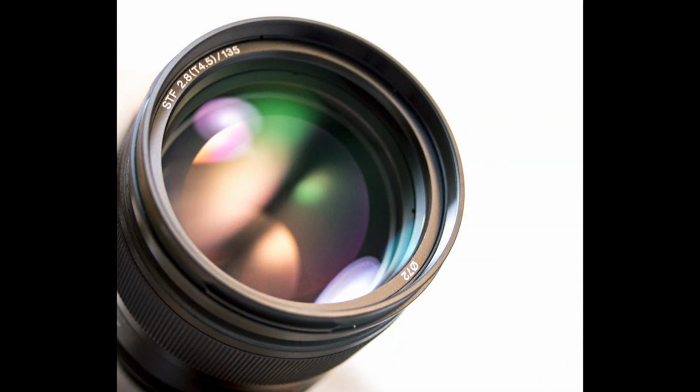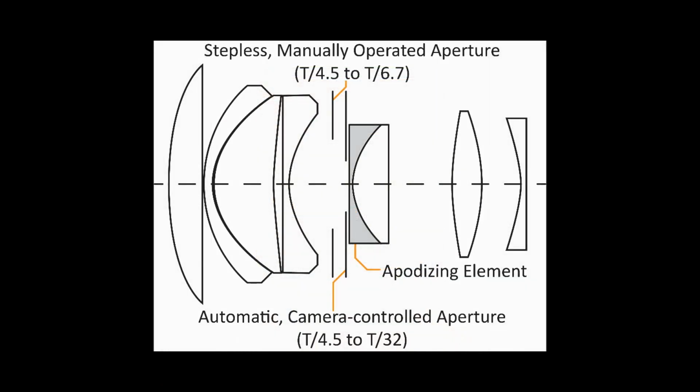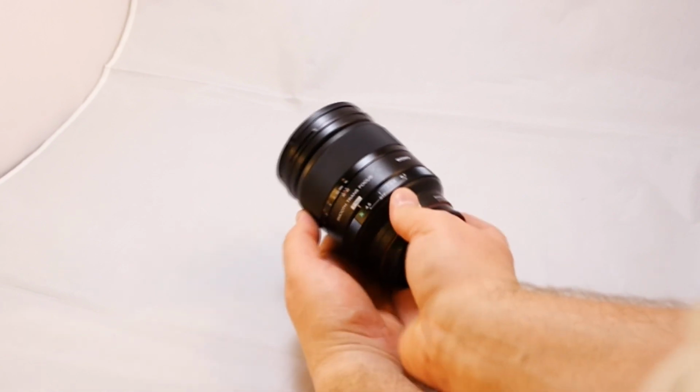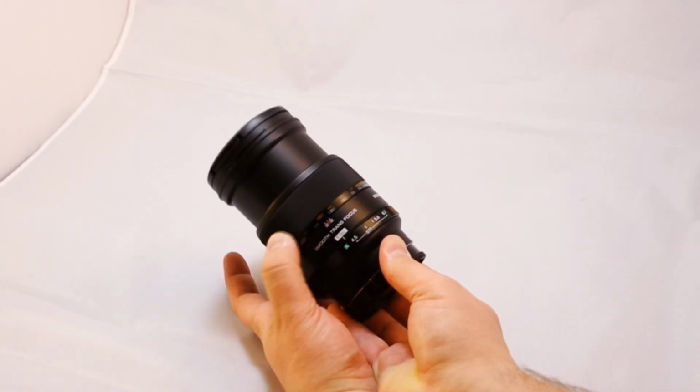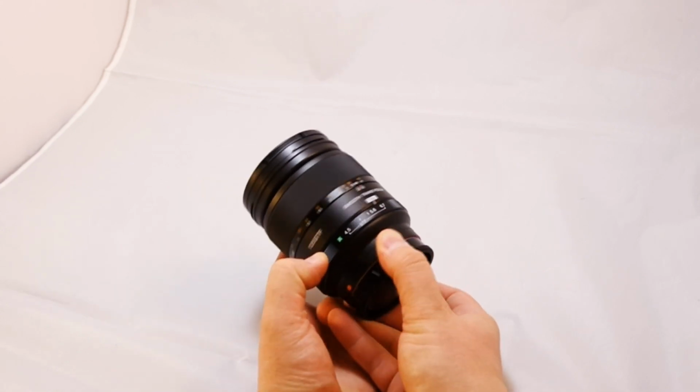The Sony STF is a 135mm f2.8 lens. Now that said, because it has the apodization element in it, that cuts the amount of light wide open by a full stop. So it only transmits the same amount of light as f4.5 when it's wide open. That's why you'll see in the marketing and other materials f4.5. That's the T value, the transmission value, how much light is making it from the first piece of glass